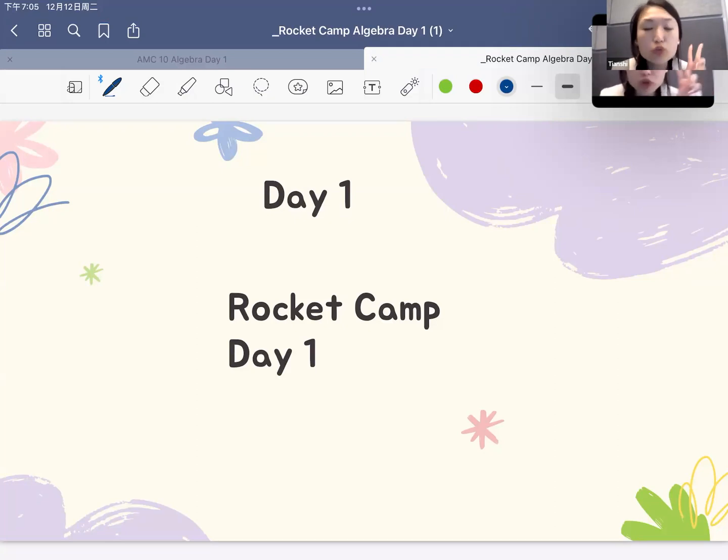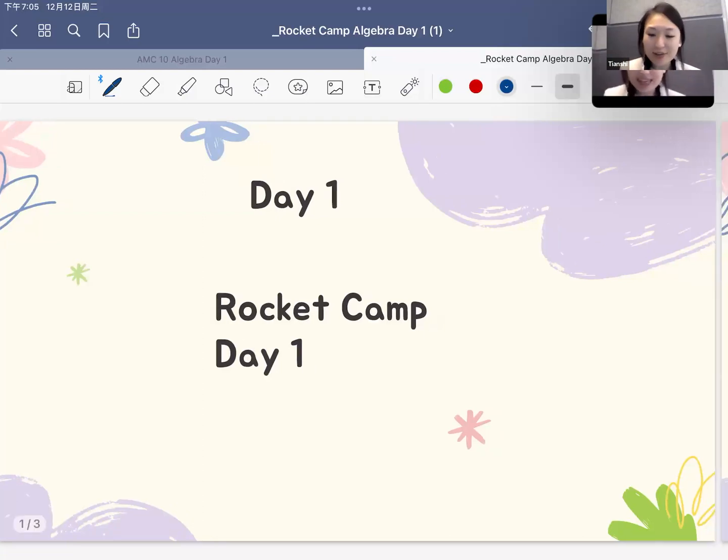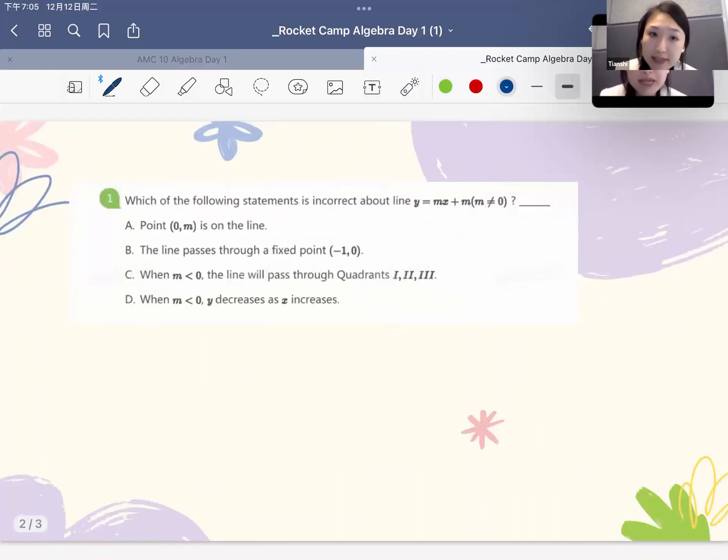Let's go over two important questions about linear algebra. The first question has our basic definition for the linear equation. So let's try for the choices one by one. It asks us which one is incorrect about the line y equals mx plus m, and m is not equal to 0. As for the first choice, choice A,